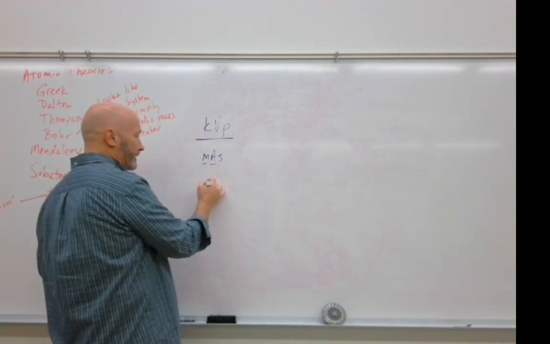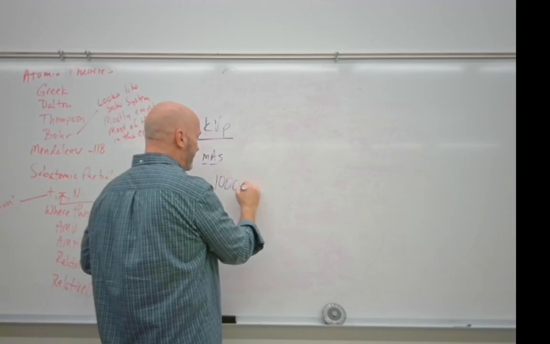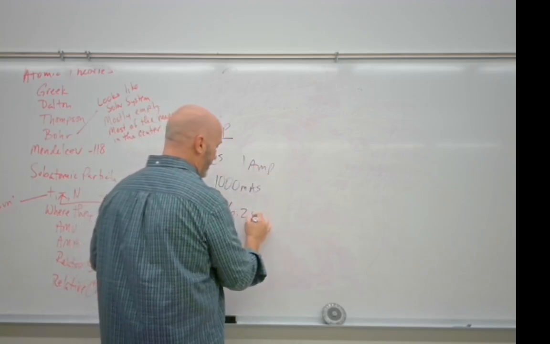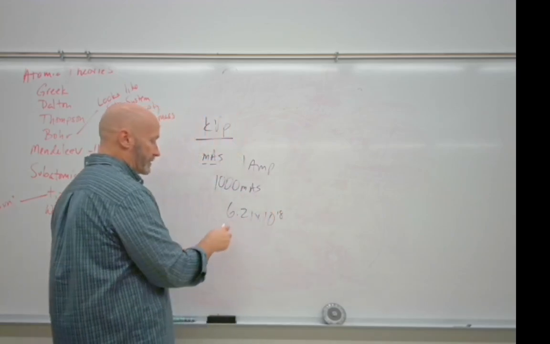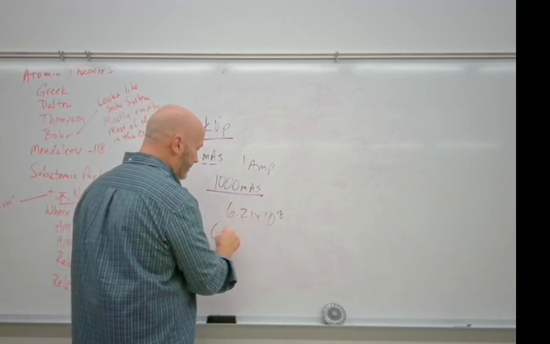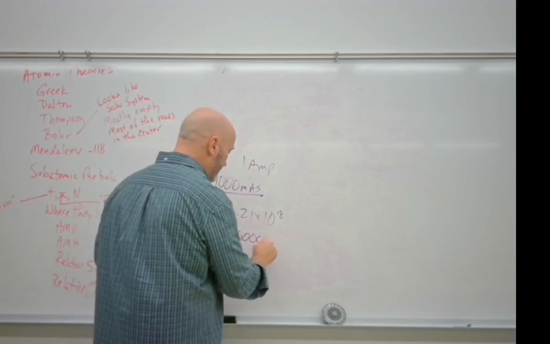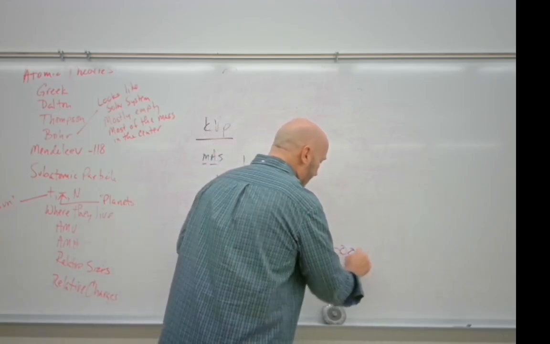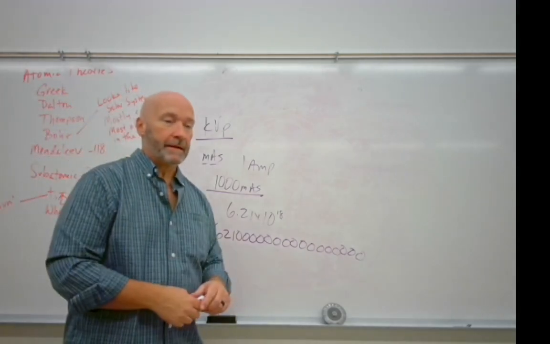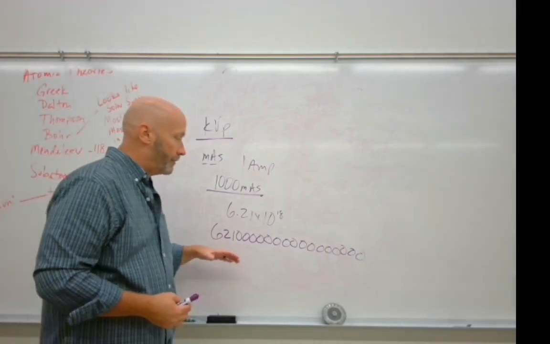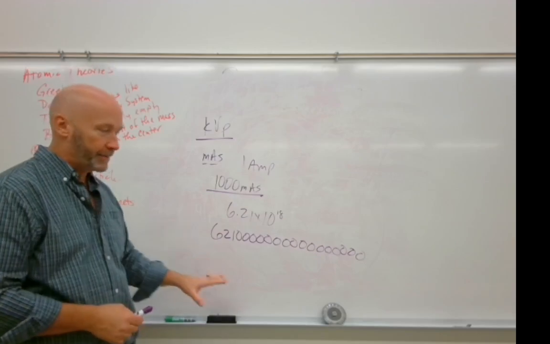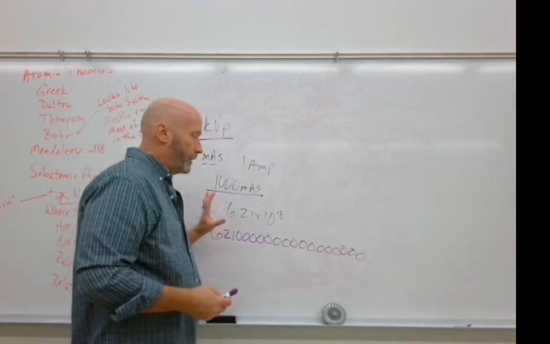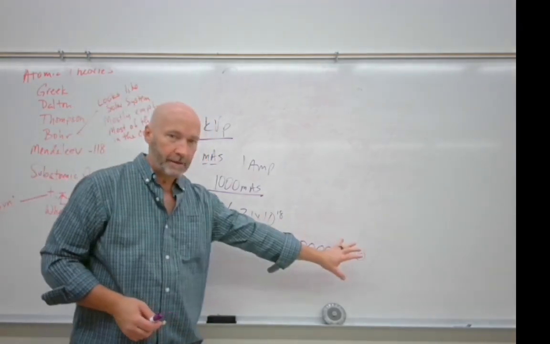So with the amperage, if we create a 1,000 mAs exposure, we're using 1 amp. And an amp is 6.21 times 10 to the 18th power electrons. So what we've got, if we made this exposure, is 1, 2, 3, 4, 5, 6, 7, 8, 9, 10, 11, 12, 13, 14, 15, 16, 17, 18. So what we say about X-ray creation is it's very inefficient. So what we're going to do is we're going to throw a tremendous number of electrons at the patient. You're probably never going to make 1,000 mAs exposure. All right, so if we did make a 1,000 mAs exposure, we would be sending this many electrons across the